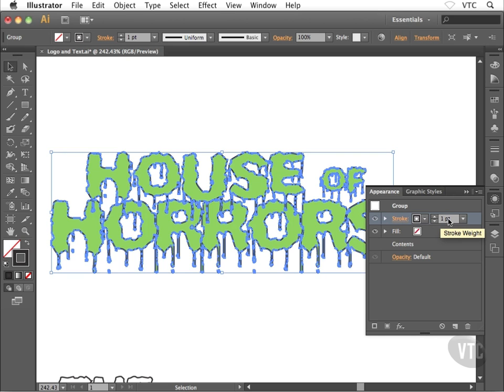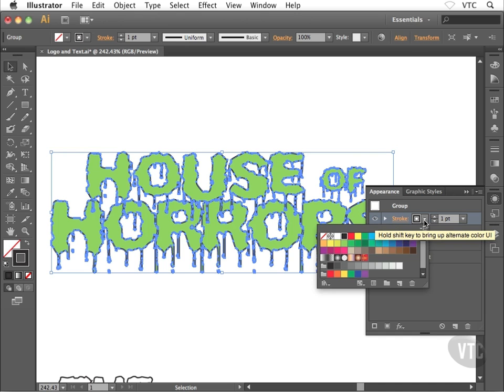And this is all going to happen inside the Appearance panel. I don't need to go to the Swatches panel or into the Stroke panel or use any of my dropdowns from the option bar or anything like that. I can do it all inside the Appearance panel here, which is pretty cool. If I drop down this color area, I actually get a miniature version of the Swatches panel, which is pretty darn cool. The only problem is the color that I want to use isn't saved in my current set of swatches. So what I'm going to do is hold down the Shift key and click on